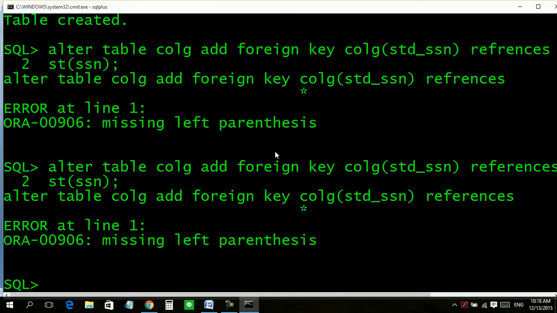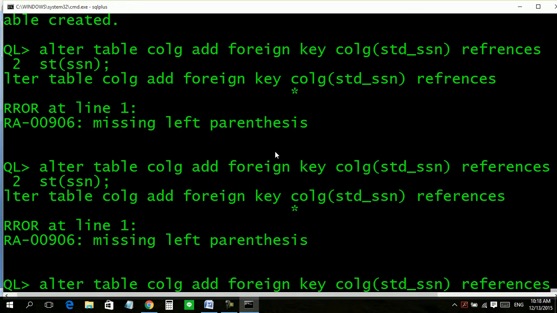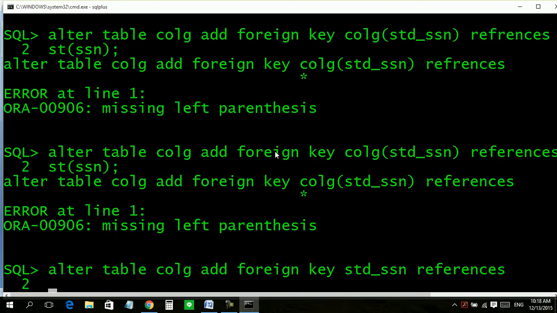Missing left parenthesis. Yes, references.